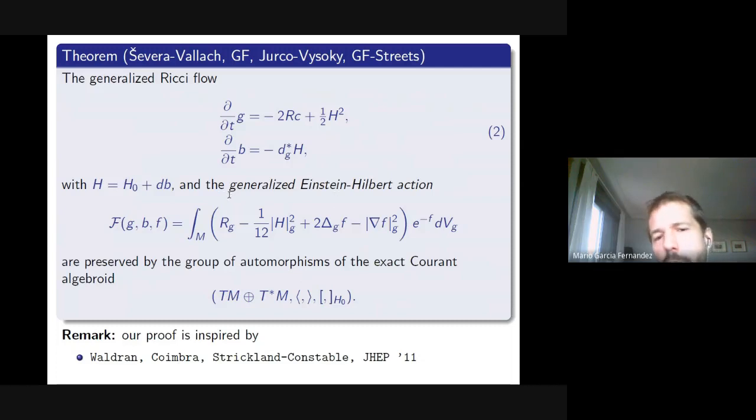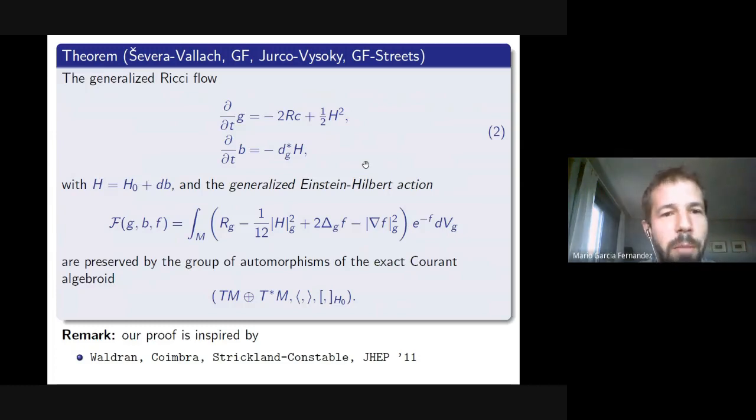This is not so obvious because, firstly, the group of automorphisms is a semi-direct product of a subgroup of diffeomorphisms, which preserves the cohomology class of the three-form, by closed two-forms. I was planning to share my screen here and write something,